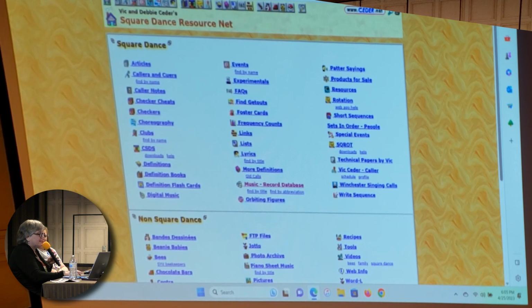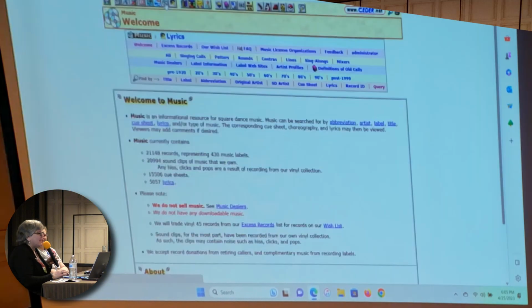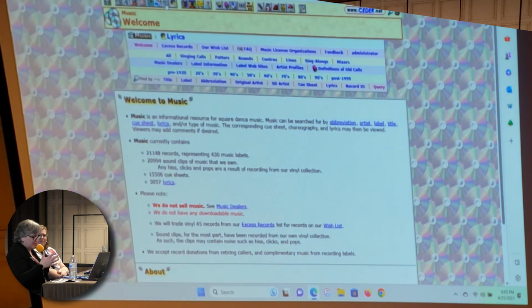A couple of things I will point out. You kind of got to figure out these little icons at the top, because I'm blind and I can't see. But they have a great music database. It's got out of print, it's got in print, you can search by artist, you can search by label, you can search cue sheets. A lot of times I'll get a song from somebody and it'll be a PDF, and I don't like PDF because I want to be able to make it big or make it small or whatever. And you can,